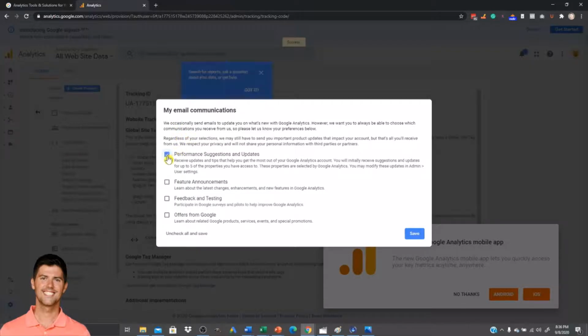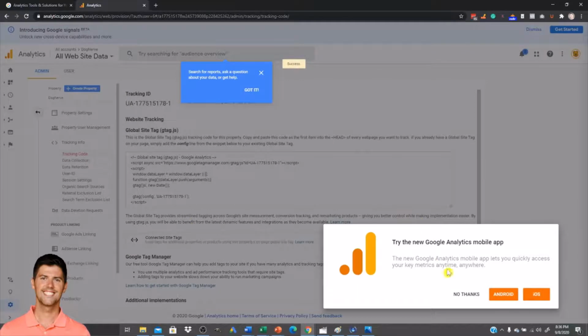So if I want performance suggestions and updates, feature announcements, feedback and testing, offers from Google, I can check all of them, or I can uncheck all of them. And there we go. As soon as I do that, I am given a tracking ID and a global site tag. So the global site tag is